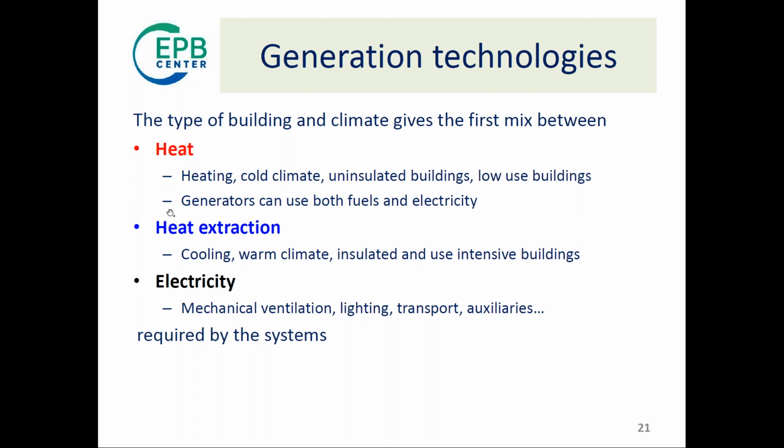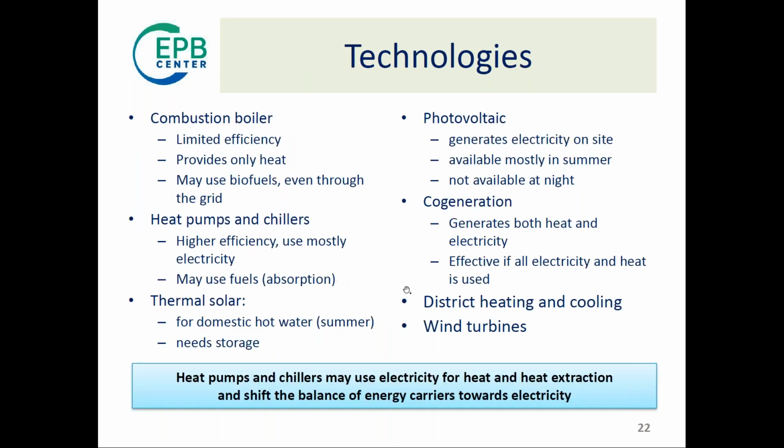And then you have heat extraction, and typically it's for cooling, of course, in warm climate, insulated and use-intensive buildings. If your building is use-intensive, you will probably have cooling needs, even if the climate is not so hot. And then you need electricity. And typically you have a direct requirement of electricity for mechanical ventilation, lighting, transport, auxiliaries, which are required by the system. This is the first mix, because by changing the generator, you might achieve some heat or some heat extraction by using electricity. And then this makes a difference in the mix of the